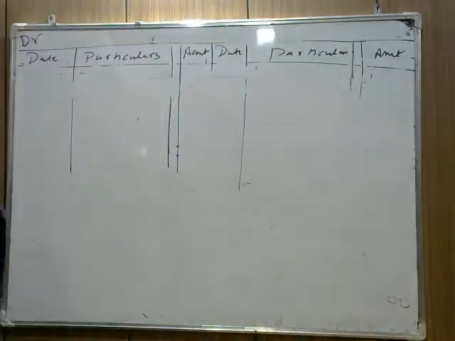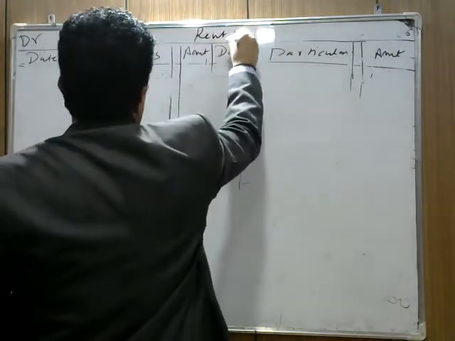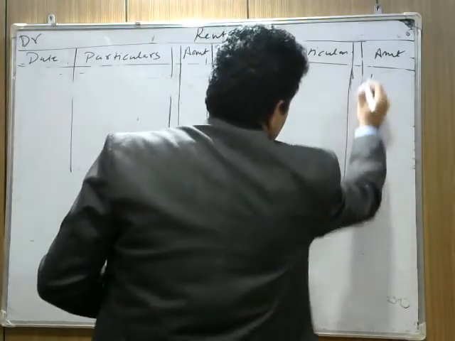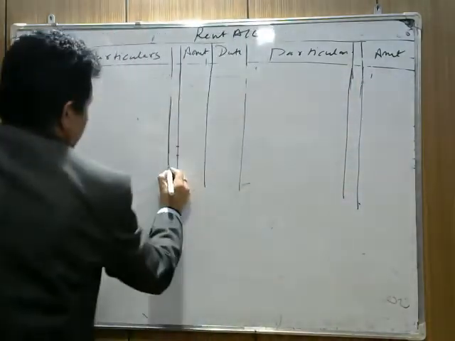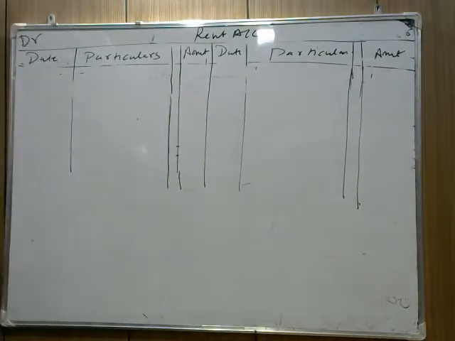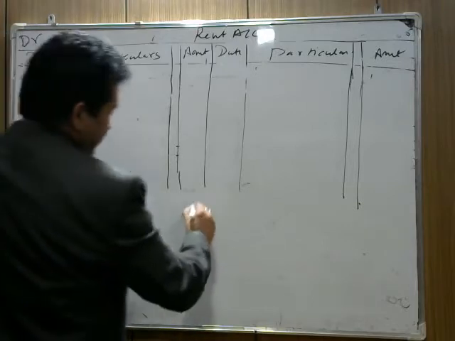Okay, the first thing is we are preparing here rent account. Okay, rent account, the first thing is rent, the transaction of rent is given on Jan 31. Now check the question where the rent transaction is given. So we are paying rent on Jan 31st. It says that we are paying rent and salaries both.